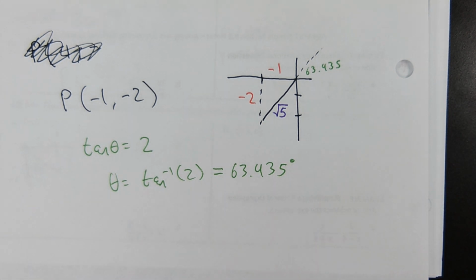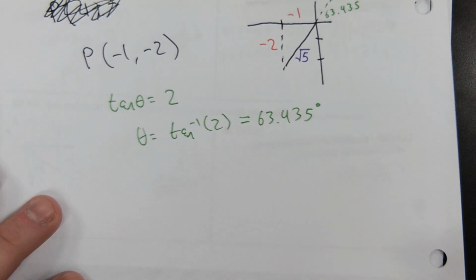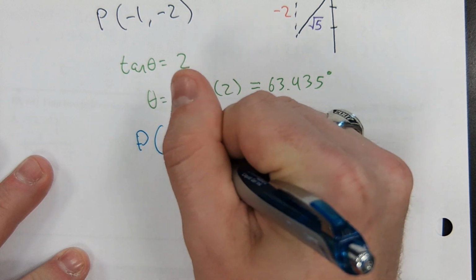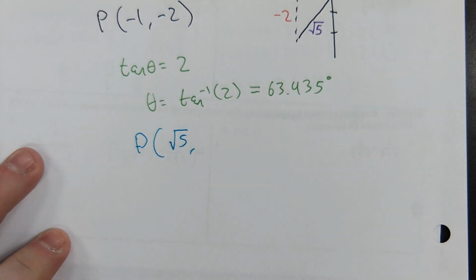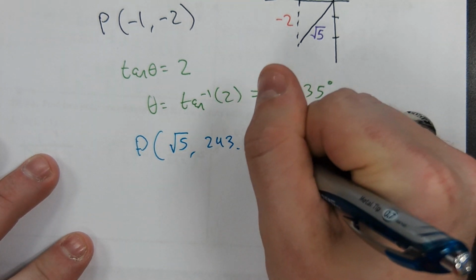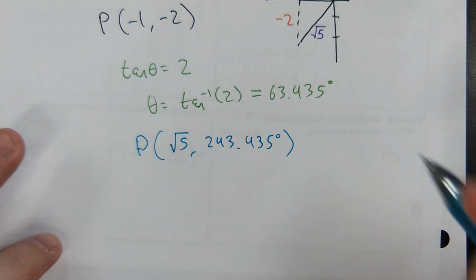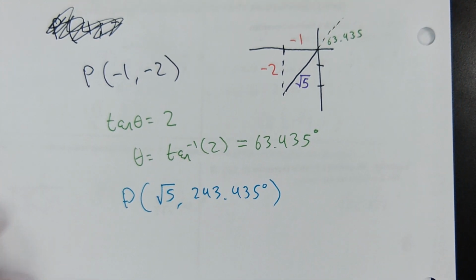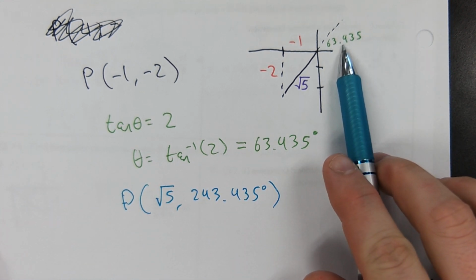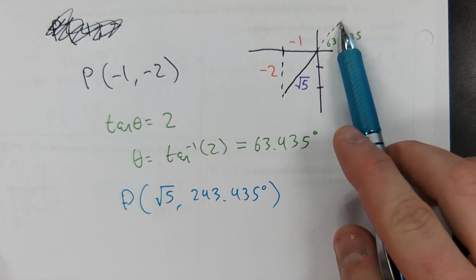So if we add that to 180, that'll put us here. And that'll give us our polar coordinate of r. And then our theta would be 180 plus 63 and change, so 243.435 degrees. Or you could have been really slick and actually used this angle and then just said the radius was negative. Because look,